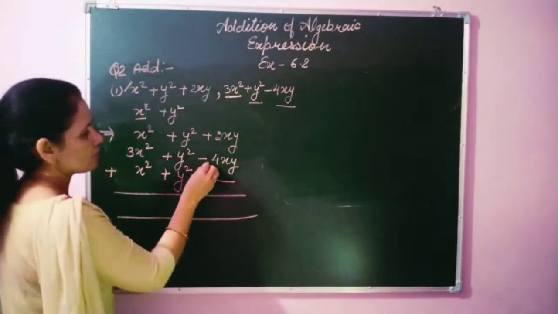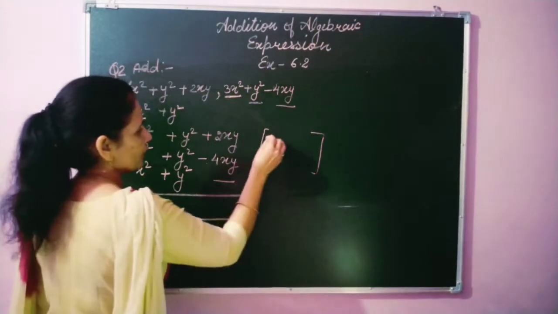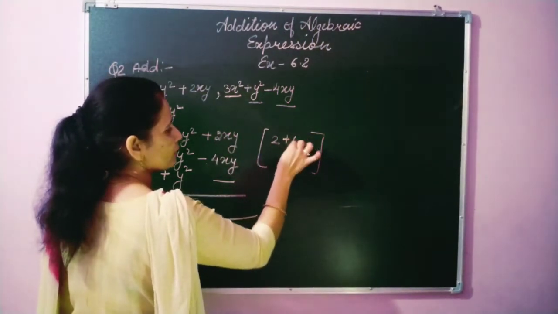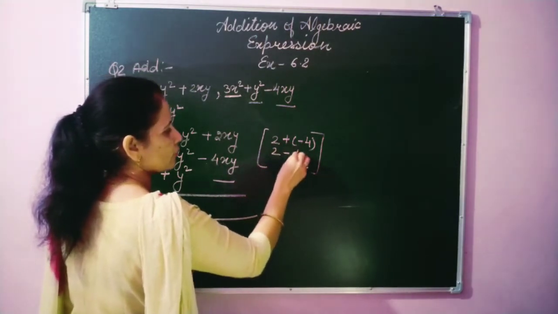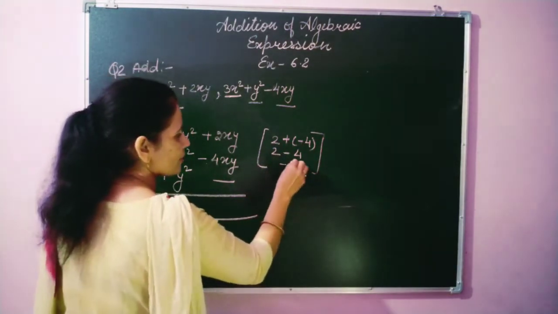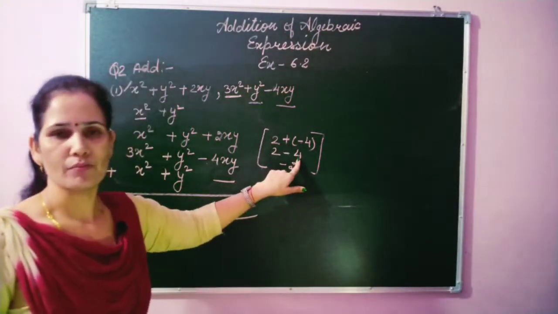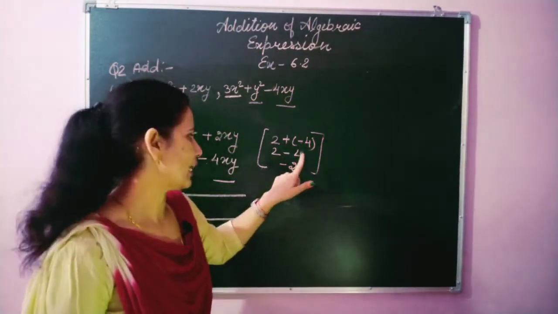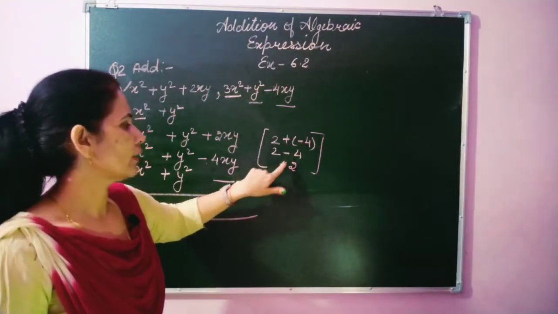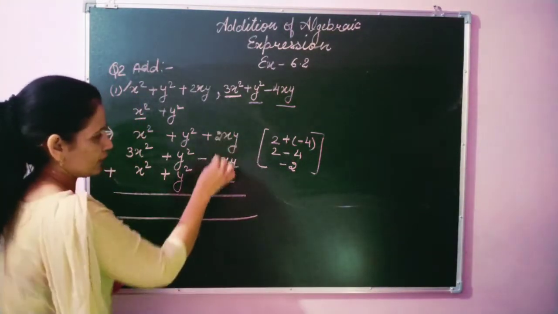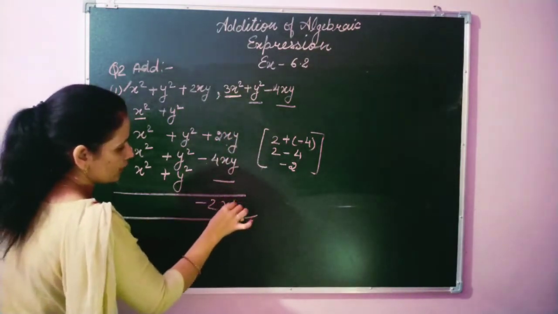Now students, this is minus and plus. So here I am going to separately explain this one. Whenever 2 plus with minus 4, how to solve this one? 2 plus minus 4. 2 minus 4, answer is minus 2. Why? Because whenever the positive and negative number comes together, we always take their difference, and their difference is 2, and the value of 4 is bigger, so the sign will come minus. So the difference of these two coefficients is minus 2 and the term is xy. So the xy will come.